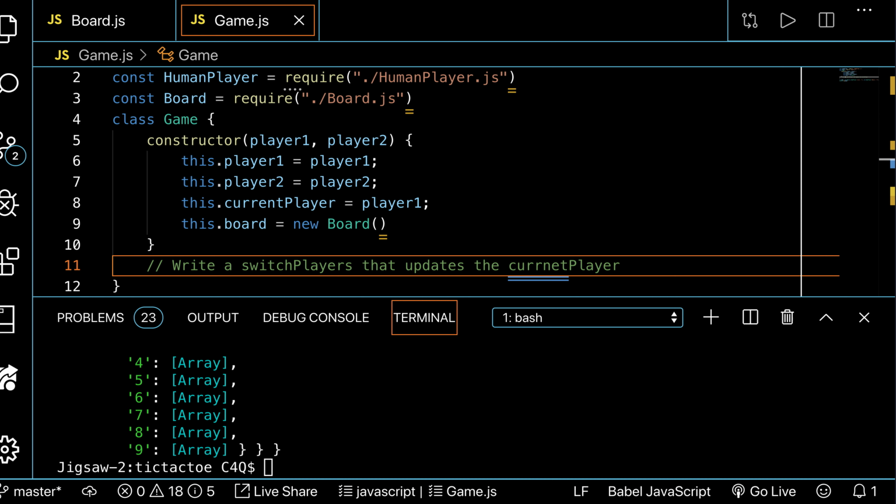Equals to that's good. So it's a given turn, switch players to